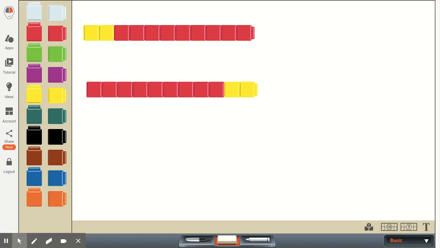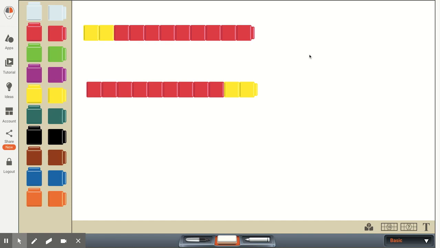In this standard, students learn how to apply a couple of the properties of operations to use as strategies to help them to add. The commutative property of addition allows us to switch the position of the addends and still get the same sum. But we're not expecting the first graders to use this formal term. They may call it switch around or turn around facts, and that's just fine.